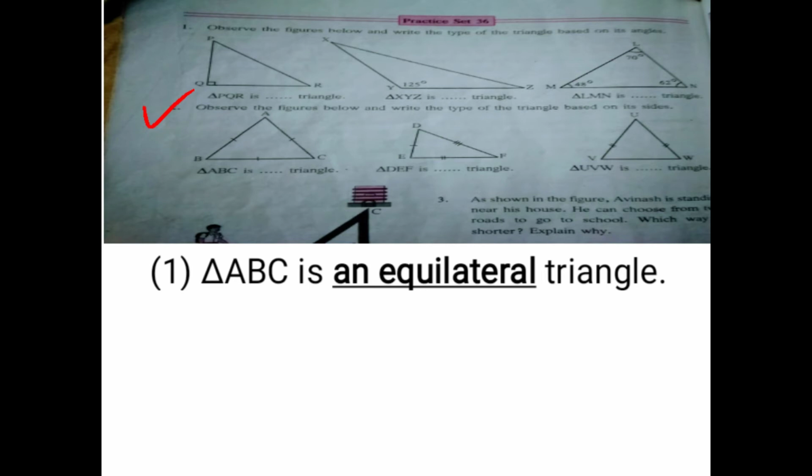In acute angle, obtuse angle and right angle triangles, they give the measure of the angle. In question 1 you studied that. And in the second question you don't have the measure of the angle; you have the measure of the sides. They are given as marks over here. In question number 2, you have to state the type of triangle, whether it is scalene, isosceles or equilateral. So first one, triangle ABC is an equilateral triangle. All three marks are equal over here.